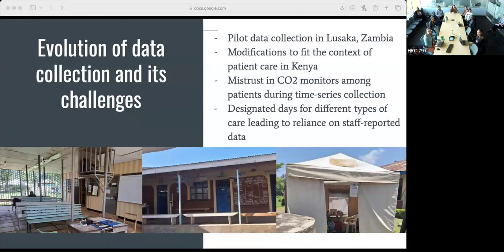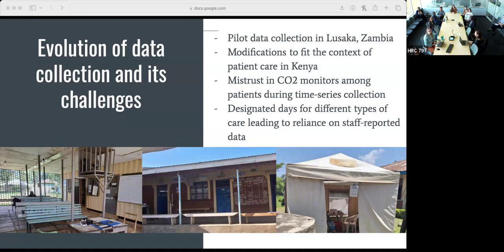And then the middle image shows what we've commonly seen as the waiting room space, which is an open corridor with the clinic rooms that are the doors there. So in these spaces, we are capturing this as a partially enclosed space because air can still freely flow through. However, some air could be trapped depending on the setup of the space. And then we also found that in some of the more rural areas, some of the clinic rooms are held in tents, and the infrastructure of the tents can also change. So I'm just figuring out how to best capture airflow with many different